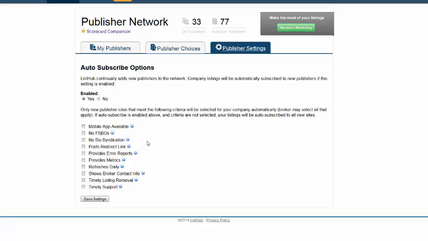If you wish to make this decision on an individual basis for each publisher that's added to the network, select No. You may also limit your auto subscriptions to apply only to new publishers that meet specific criteria that are important to you. Just put a check mark next to the filter you want and then click the Save Settings